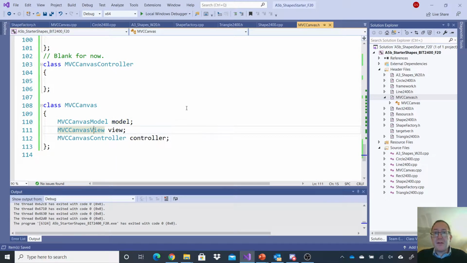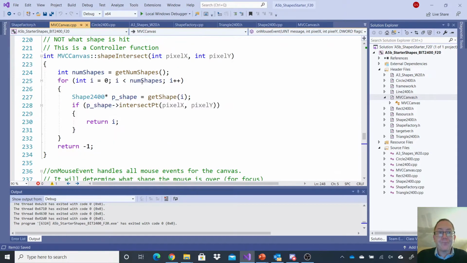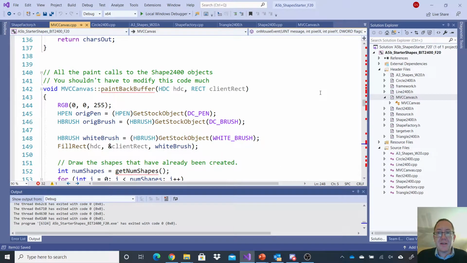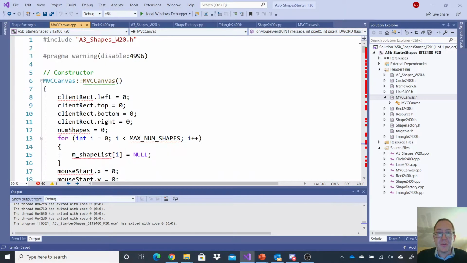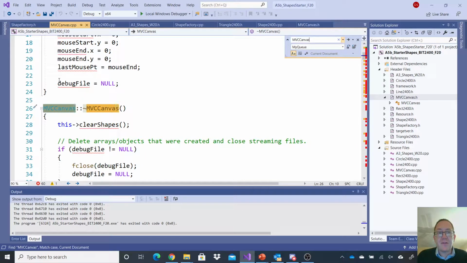I'm now going to save this, and let's go to my MVC canvas. Everywhere I have the word MVC canvas, I'm going to have to change a whole bunch of stuff. Look at all the number of error messages in there. Okay, so everywhere I have MVC canvas, I'm going to put a mouse that actually works. Okay, MVC canvas model, and hopefully it should be just a matter of